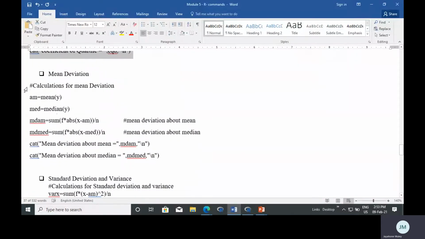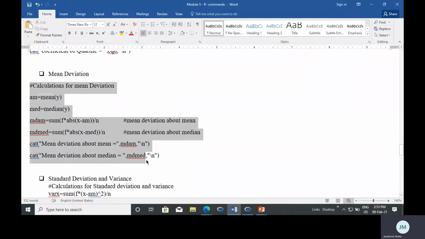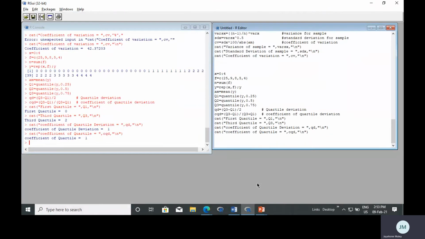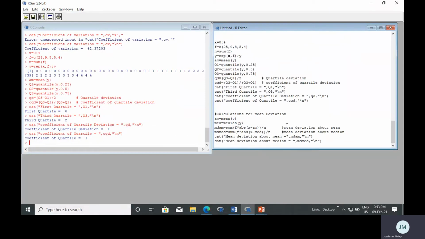So we run now, do the calculation. Now the hash command is used for the comment in R. So to write any comment or to understand what the calculation is, for that purpose we are using the hash command,